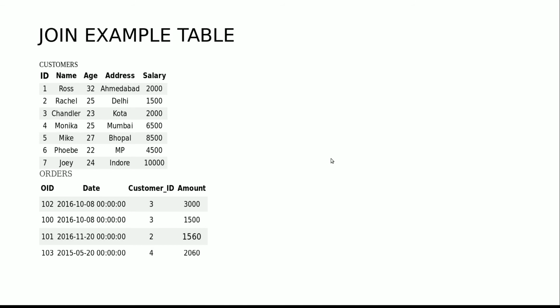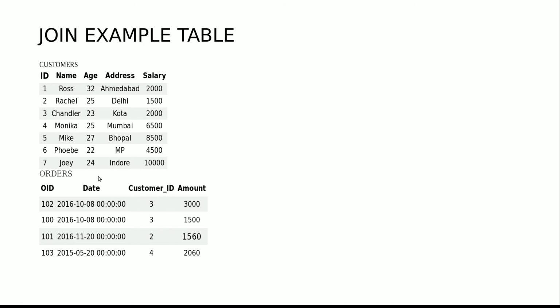So yeah, you can see there are two tables here, customer and orders. Here you can see the customer ID, and here is the customer ID for this. So it is the primary key for customers, and orders ID is the primary key for orders, and this is the foreign key which links both the tables.